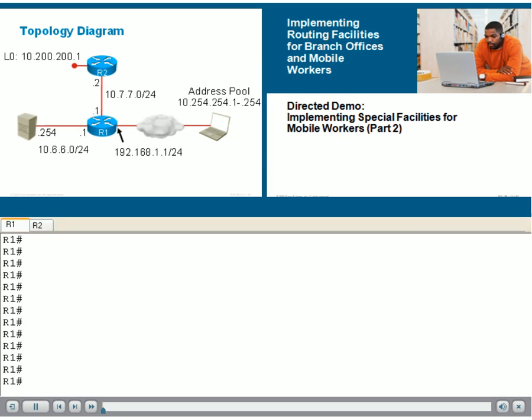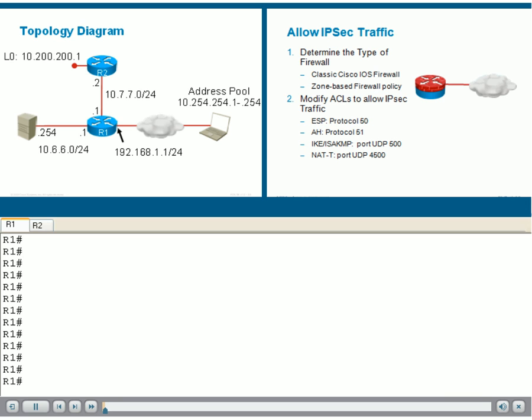The objectives of our lesson, it's time to configure routing services on the Cisco EasyVPN router. Our first step is to make sure we are allowing IPsec traffic into our VPN router. This router is probably an Internet Edge network element, which is an ideal position to provide access control services through